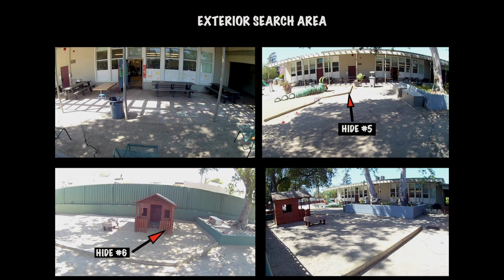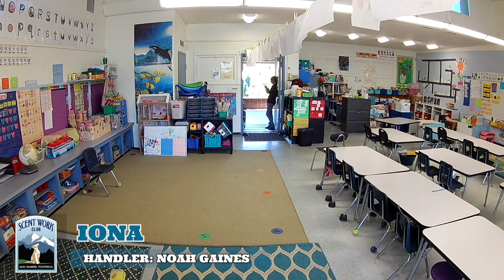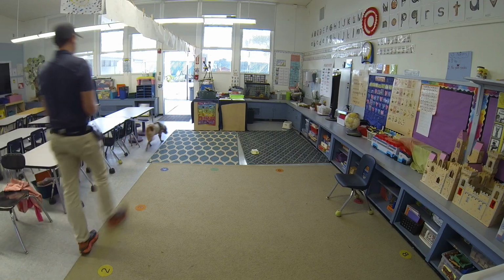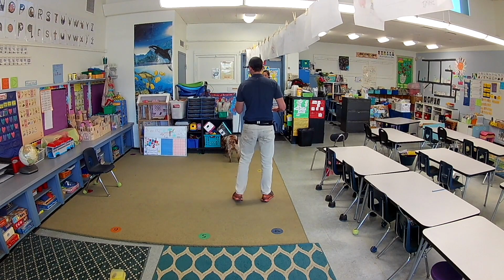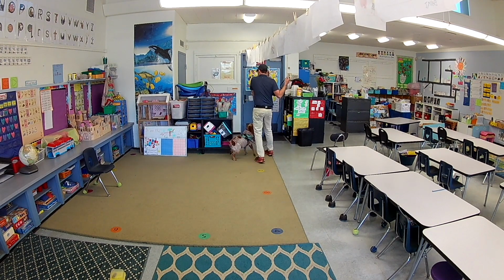And what's going to happen is that air is being pushed into that room towards the start line. But it's not a smooth flow. You can look up top at the pieces of paper up there, and you can see that there are these eddies on both sides of the room. And you can see Iona picks up the edge of one of those eddies, works it right back to source to find that threshold height. So you think she'd pick it up from the start line, but she picks it up from the other way